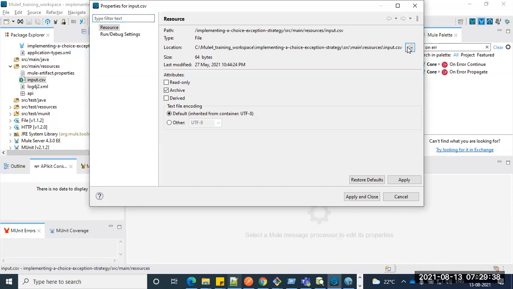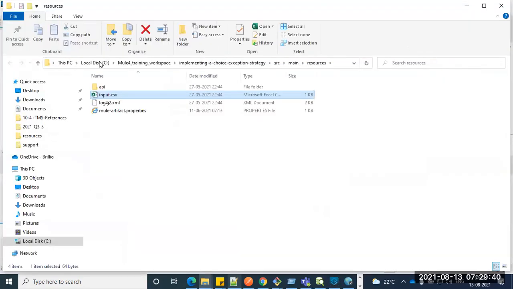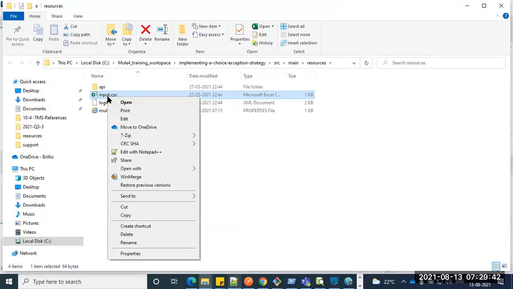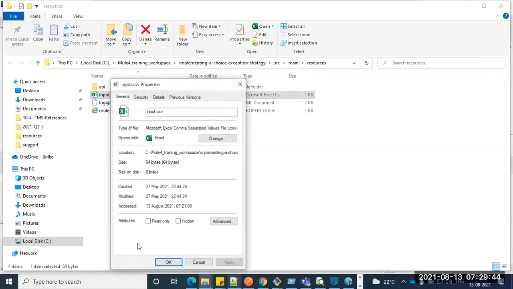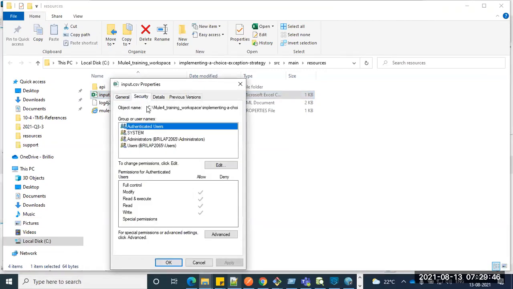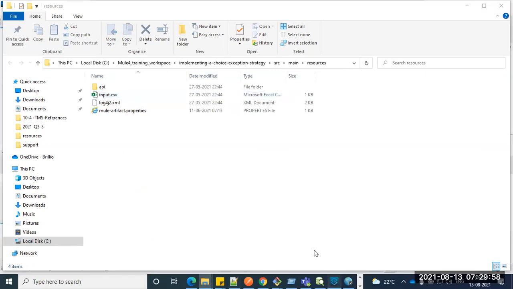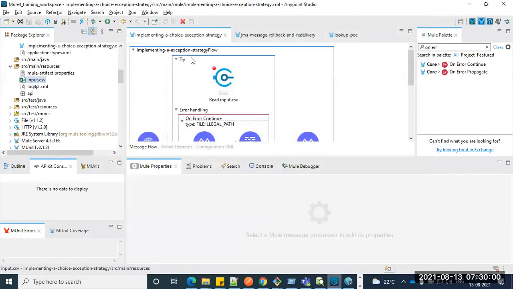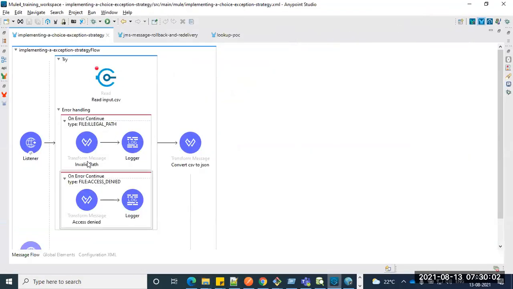Right click on the file, open properties, the security tab. Here you can try to change some permissions, but by default read and write is there. If you remove those permissions, obviously we'll get access denied, and instead of this one it will go here.